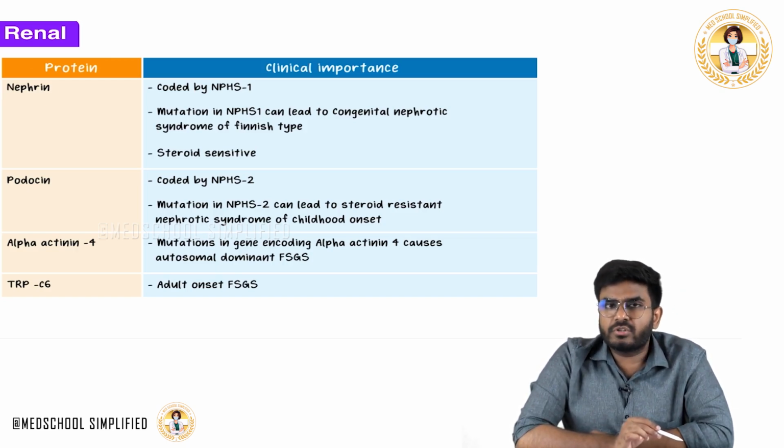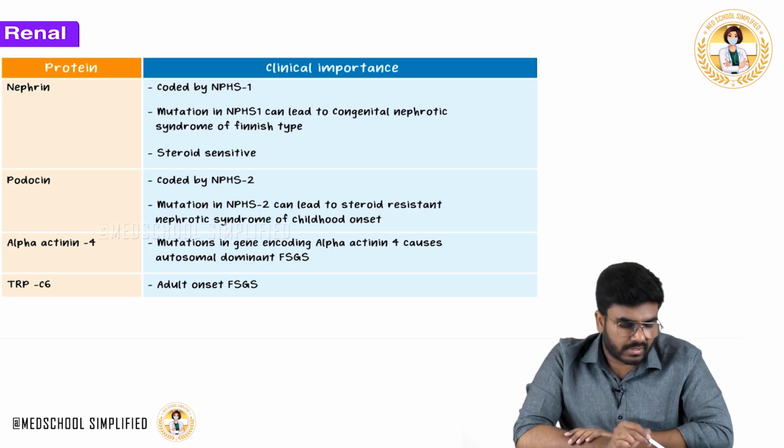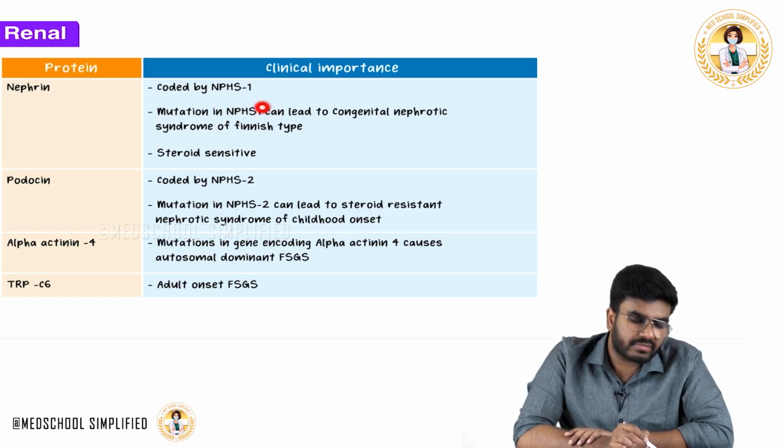It's a protein, right? So definitely it should have a gene. What is the gene coding for nephrin? This nephrin is coded by a gene called NPHS1. So, NPHS1 codes for nephrin. Okay, so the mutation of this NPHS1,